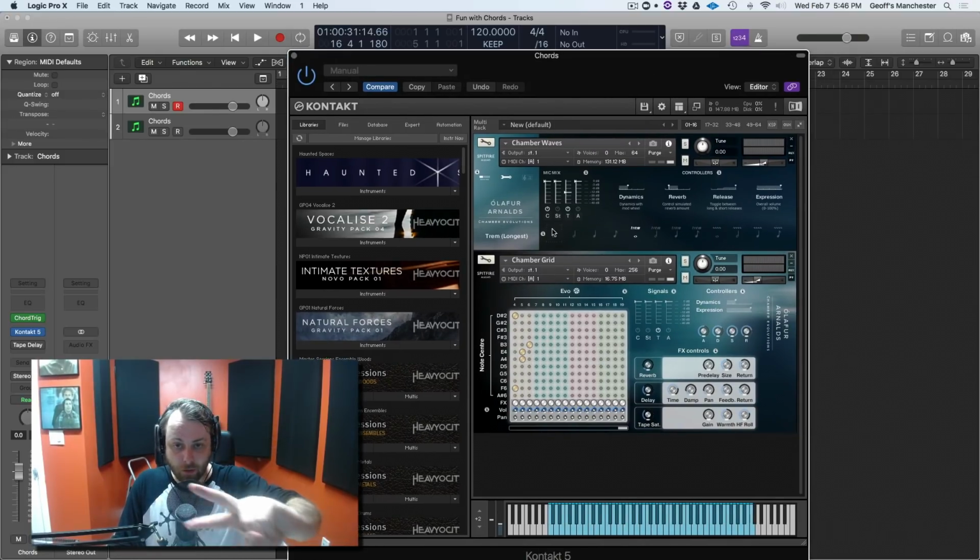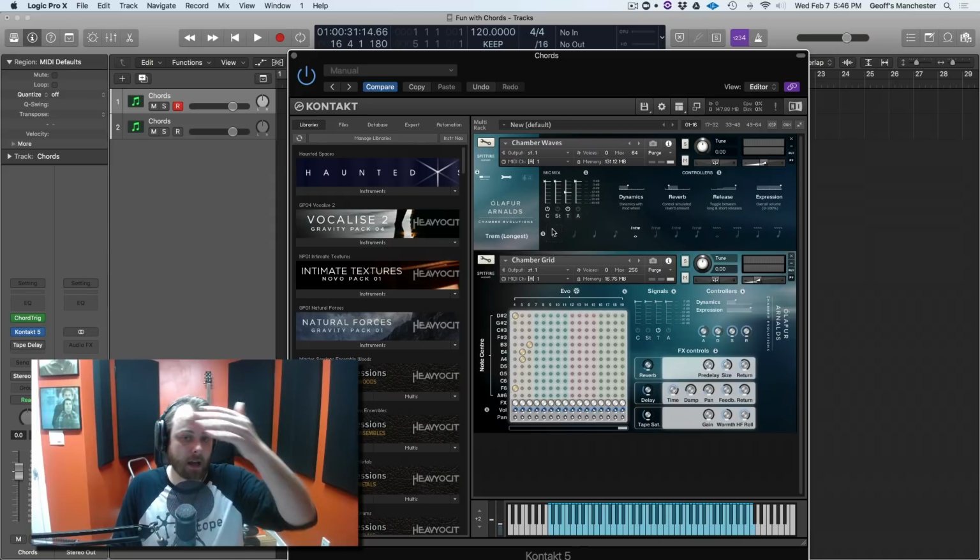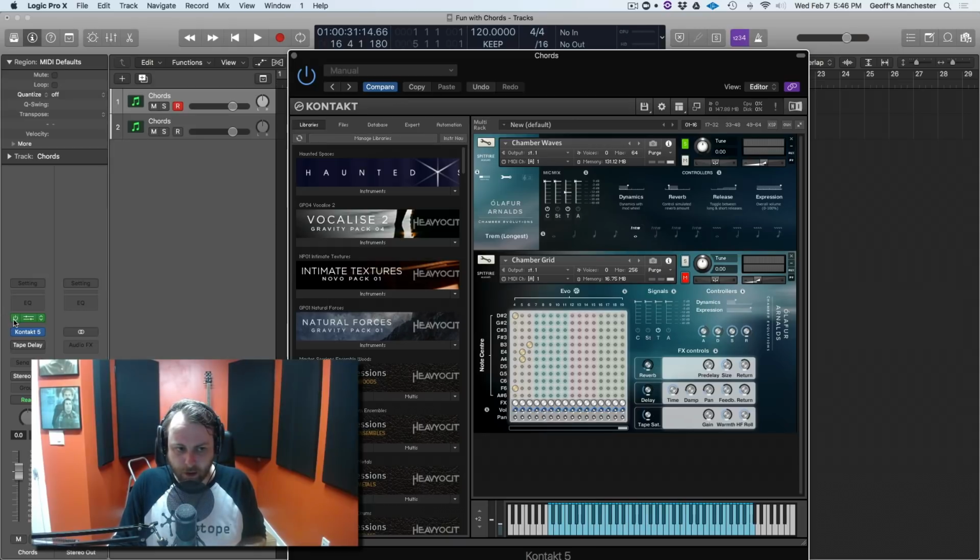I've got two new things from Spitfire here, the Olafur Arnalds Chamber Evolutions, and I have the tremolo set up here. I'm going to turn the chord generator off so you can hear what this sounds like before it goes through any sort of chord simulation. It sounds like this. Super long tremolo articulation, not super long, but this is kind of what Olafur Arnalds is known for,